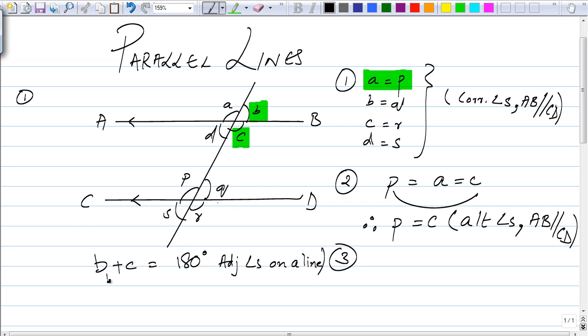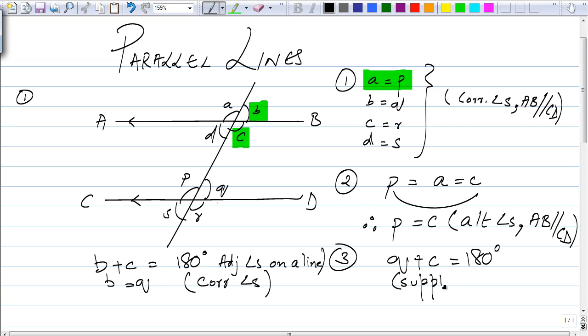And I also know that B was equal to Q because these were corresponding angles from our first property. So if I substitute Q in place of B, the equation would be something like Q plus C is equal to 180 degrees. The name for this property is